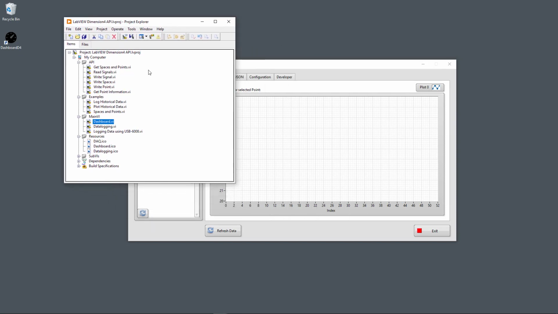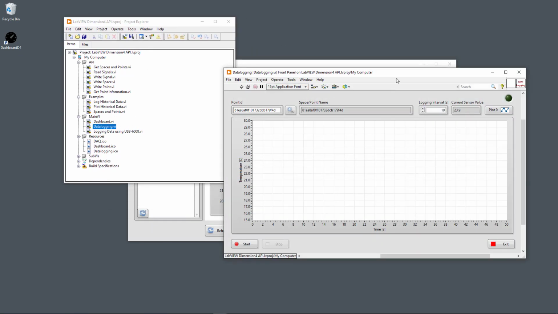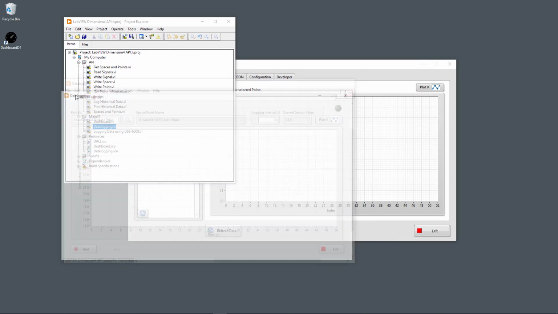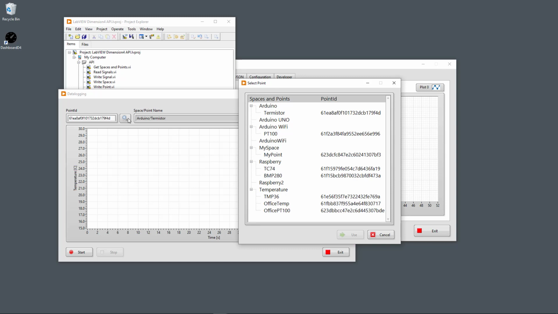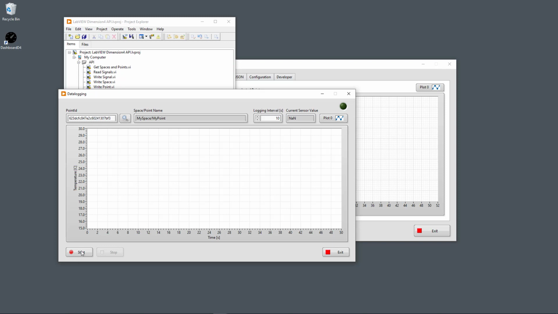So then I can go back to the API, and I will open the data logging application. I will run it and select my specific point, which is this one. Click use, and then I can start logging, and then you can set up here a logging interval, so now there will be logged a new data or a new signal every 10 seconds in this case, and then you will see the value here. So I'm just reading data from a simple temperature sensor in this case, and as you see, every 10 seconds there will be logged a new signal to the Dimension4